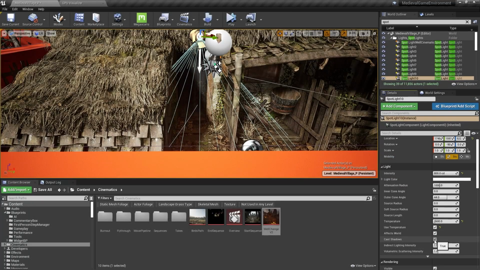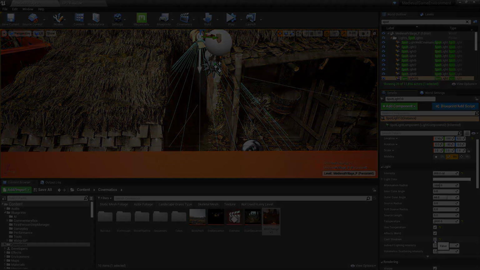Fourthly, there's this really subtle fill light we added to the area behind the house. Its radius is already pretty low, and it looks like the artists set the fade values already, but it's casting shadows, even though there's not much to cast shadows from in its radius, so I'll just turn that off.